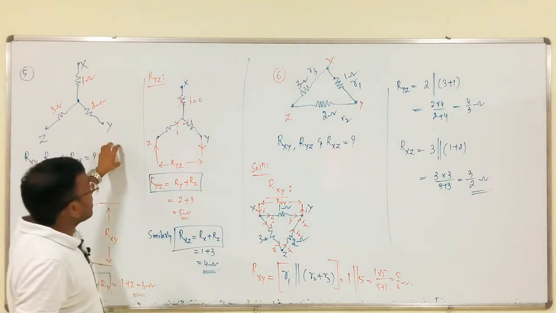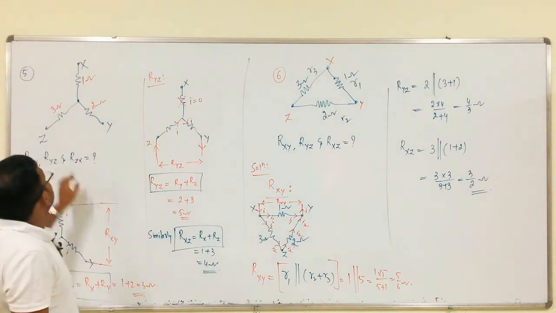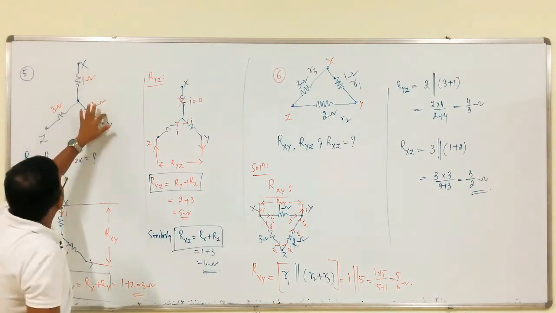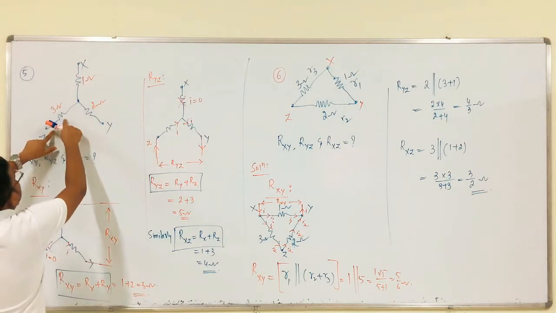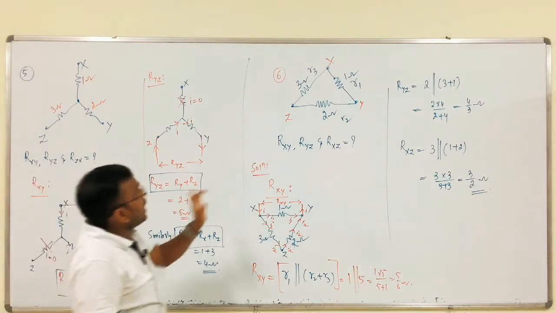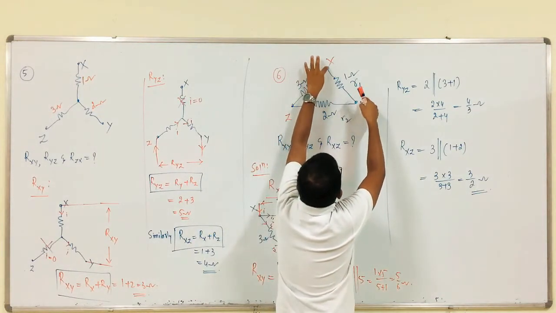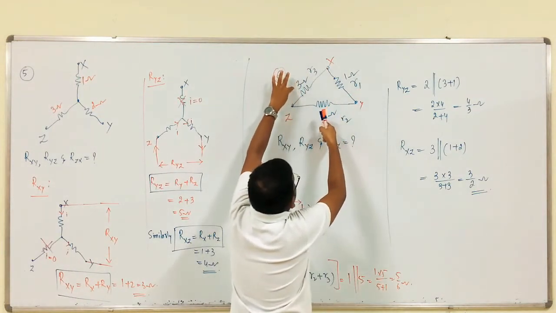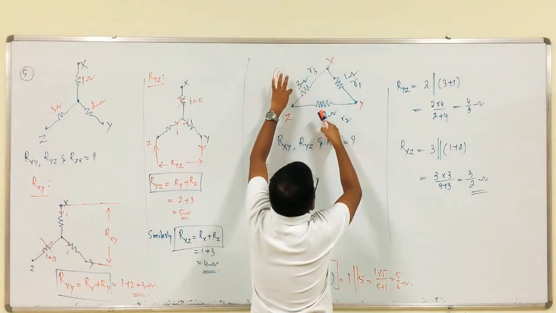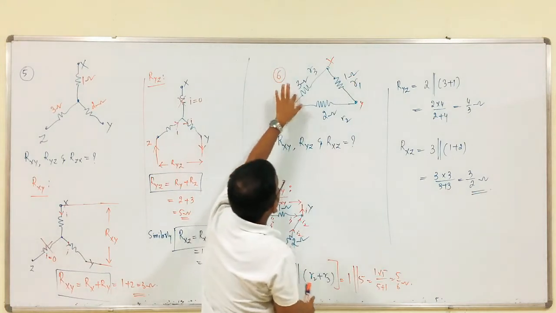Okay. This is a star connected, that is a delta connected connection. So, between these two terminals 1 plus 2, between these two terminals 2 plus 3, between these two terminals 1 plus 3, that is it, completed. So, like that between x and y, these two are connected in series, and the whole combination is connected in parallel with this, that is 1 ohm is parallel with R2 plus R3.